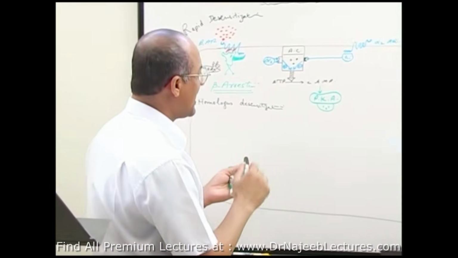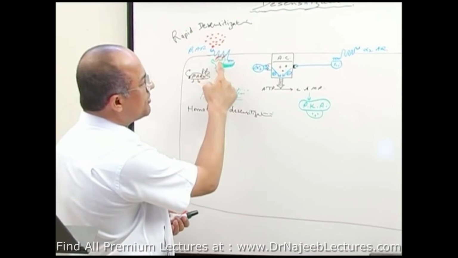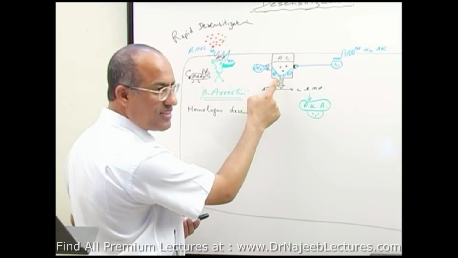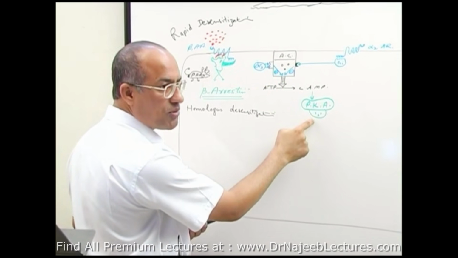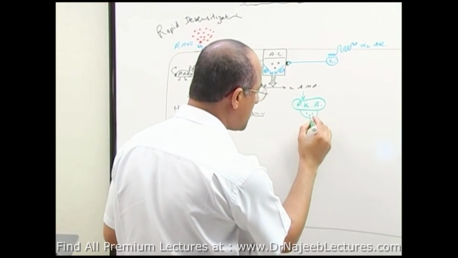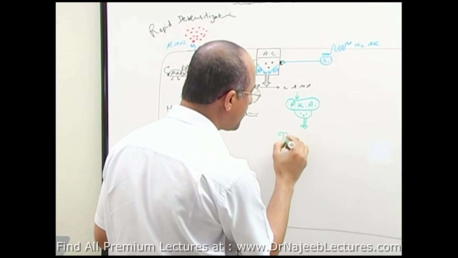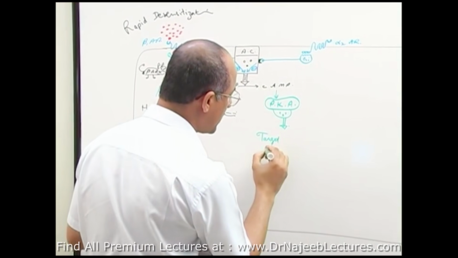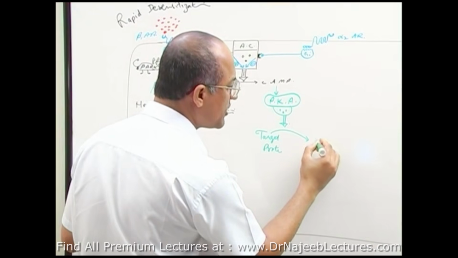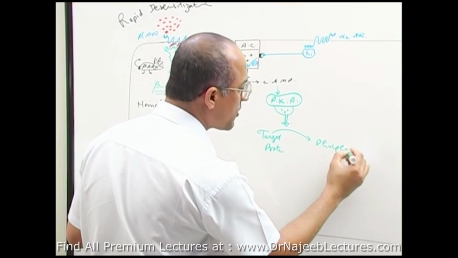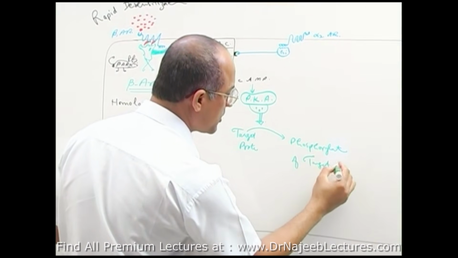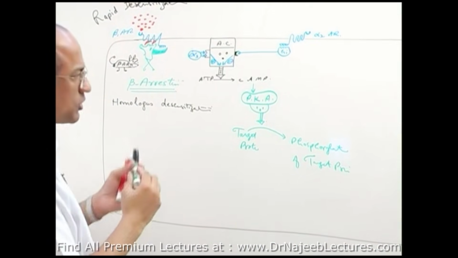Let's suppose this receptor system is giving signal. Then what will happen? Adenylyl cyclase will be activated, right? And then protein kinase A will be stimulated. Protein kinase A does many functions. You remember it does phosphorylation of target proteins, and target proteins will undergo phosphorylation. But you will be surprised to know